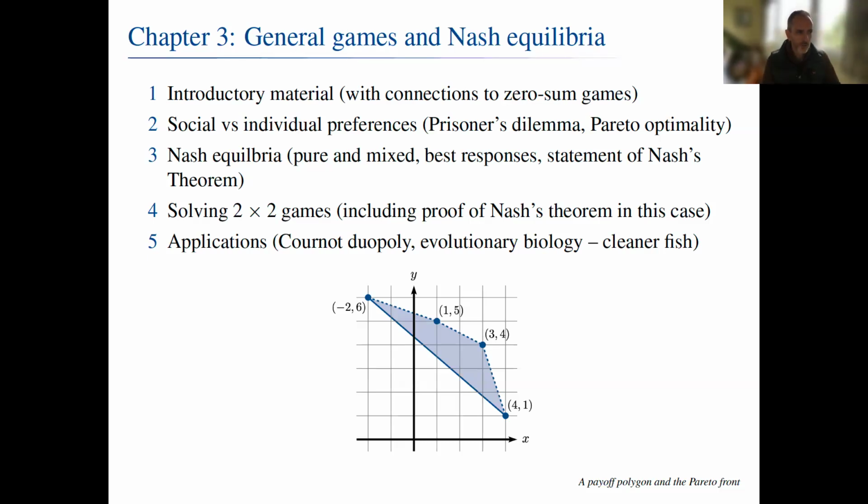And that's a sort of conflict between social solutions, if you like, and solutions for individuals, which is sort of captured in this notion of Pareto optimality. So we discuss a bit there, and we end up getting people to draw Pareto fronts in payoff polygons, like the picture at the bottom,